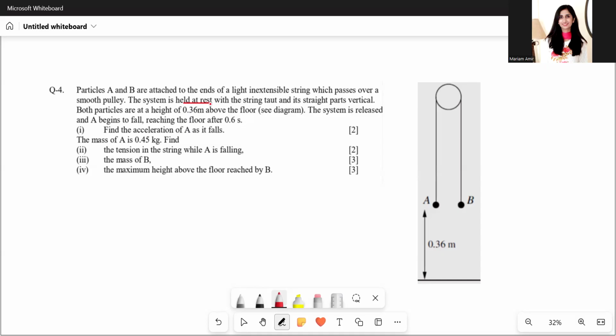The system is released and A begins to fall, reaching the floor 0.6 seconds later. So this is going downwards, and this time here would be 0.6. This is going to be S, and U is going to be 0. Find the acceleration of A as it falls, so we can use